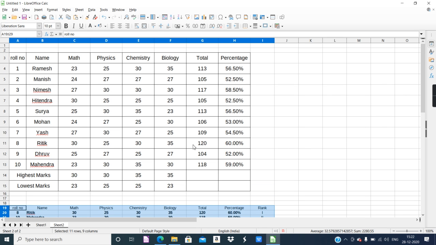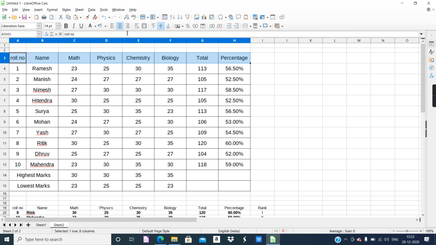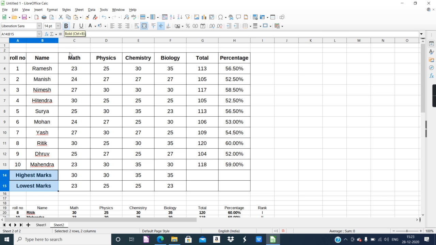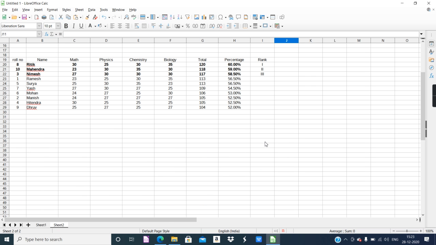So to make it look like a table, apply borders, then adjust the height and width wherever needed, and make it presentable. Then to highlight several things, you can apply bold effect, and bold effect here also. Okay, so now it looks good.